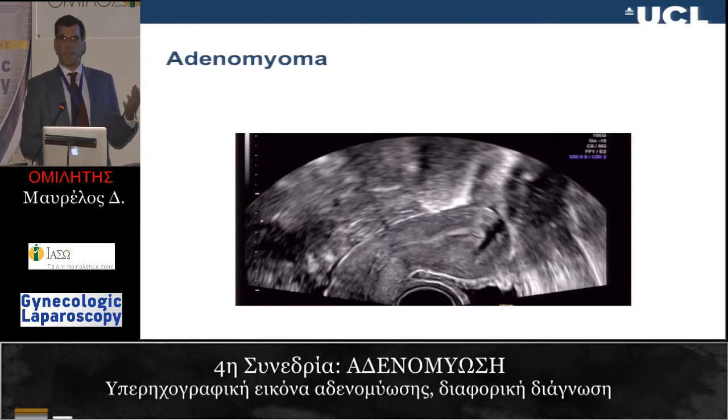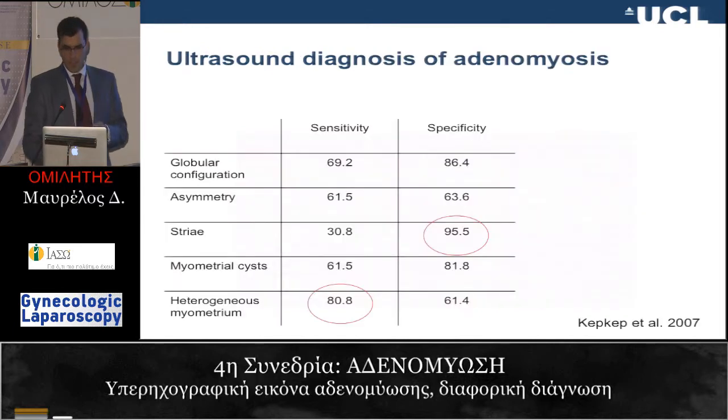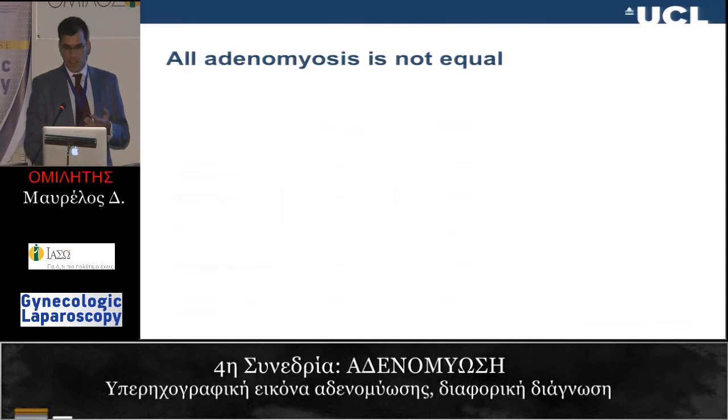So I said there are 7 different ways of diagnosing adenomyosis, 7 different criteria. Is there any value? Are they individually different? There is some work from Turkey to show that individual criteria are better or worse to make that diagnosis. But my main point today is that all adenomyosis is not equal, because obviously you can have one of these features and the woman has adenomyosis. You can have all 7 of those features and the woman has adenomyosis. Is that the same? Does it mean that they have the same pathology?